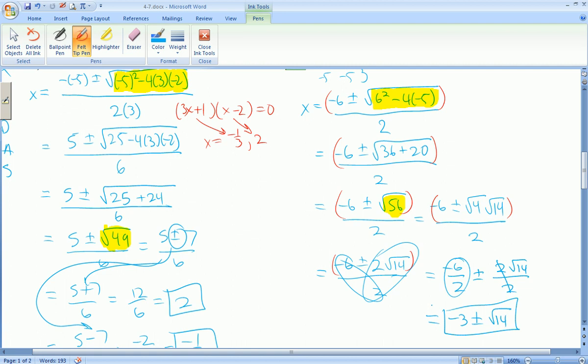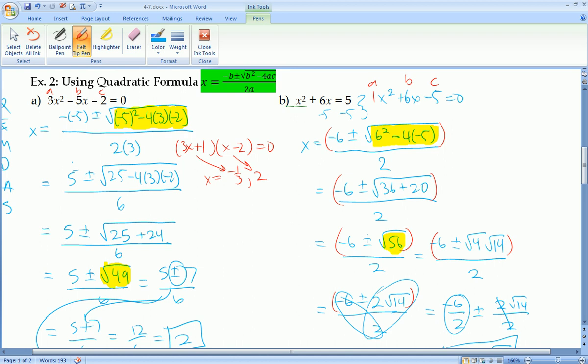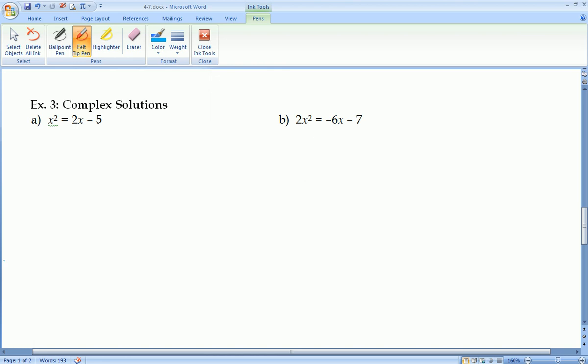Yes, you will have a problem like this, okay? It does get a little bit harder. The first quadratic equation that we did in example 2a was an easier one, so warm up, okay? B is what you're going to probably get on an exam. Are you going to have negative numbers inside the radical? Yeah, you are, okay? We're going to have negative numbers inside that radical, which brings us to our next example,